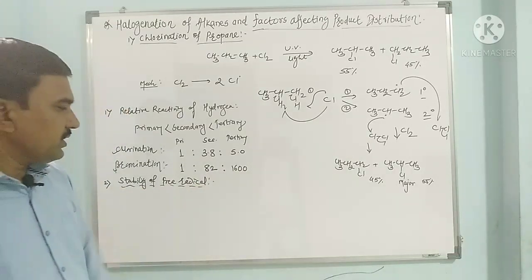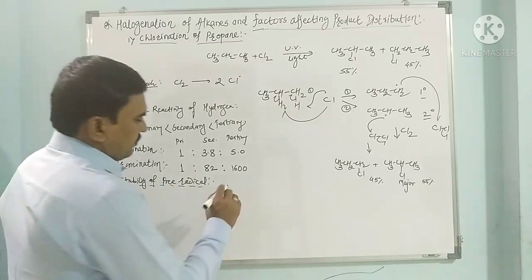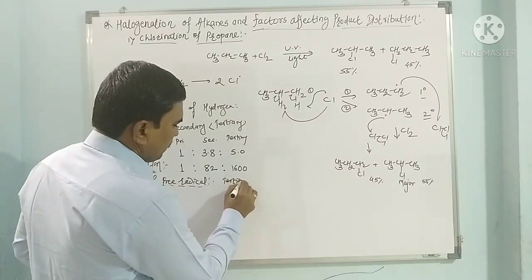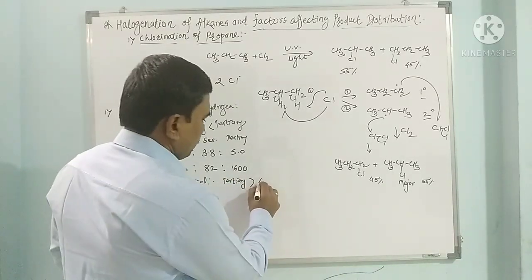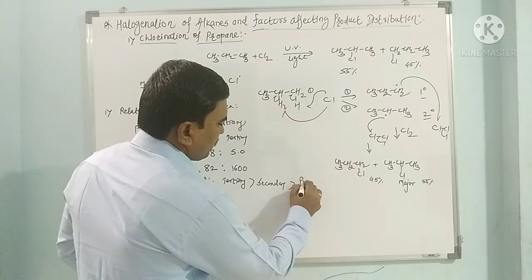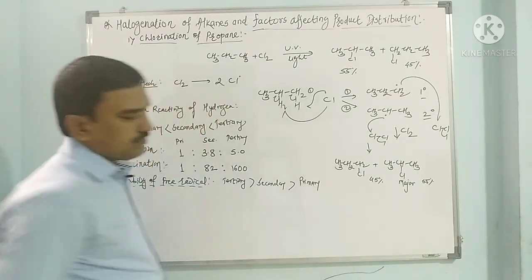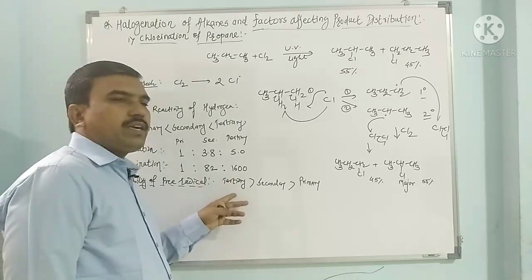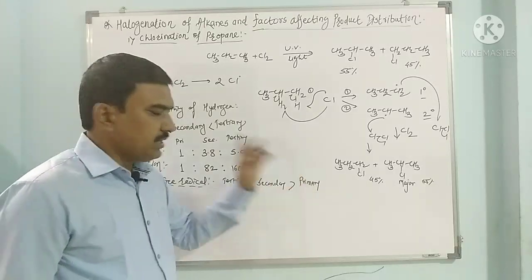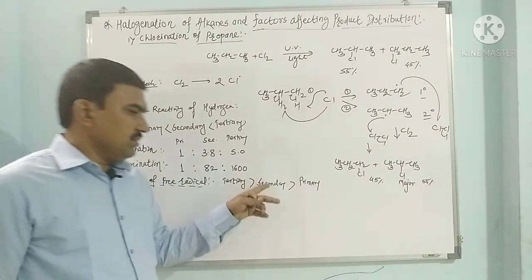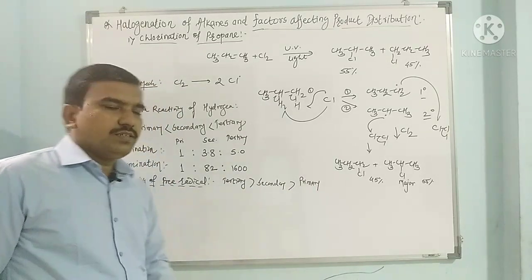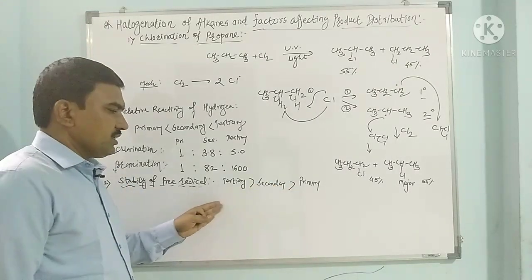If we see the stability of free radical, then we know from the electronic effects, the tertiary free radical is more stable than secondary and secondary is more stable than primary. Hence the tertiary free radical is more stable, hence it will form in a major proportion than the secondary and then the primary. So it has higher stability, then this has less stability as compared to this, but this has the least stability. So the primary is very less stable as compared to secondary and tertiary.